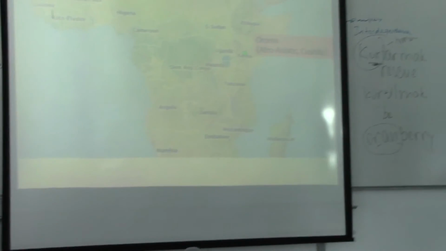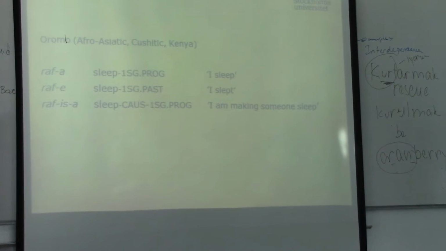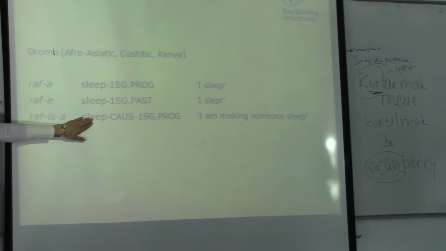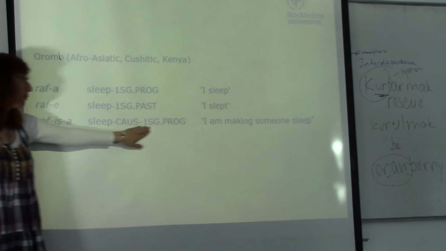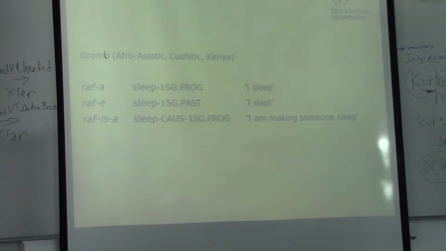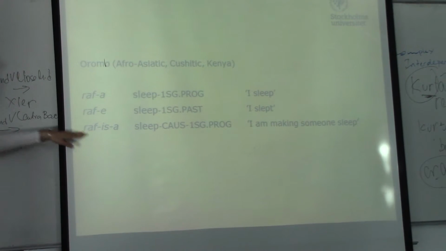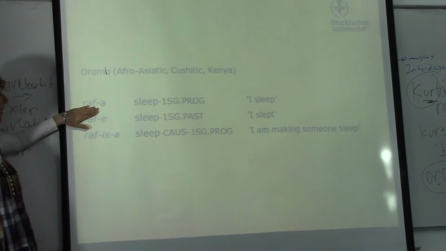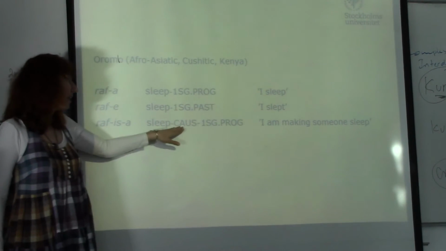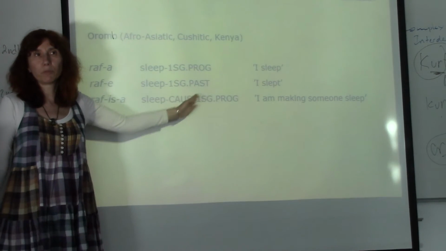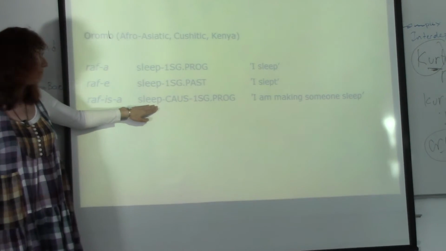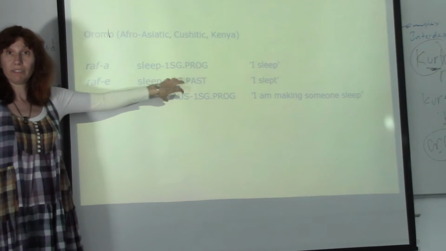We'll look at Oromo, which is a Cushitic language from Kenya, and just like in Turkish, causative is next to the stem, followed by the person, number and tense. So when the causative is there, the tenses and the numbers have to be there on a verb form. When the causative is there, it will push them to the periphery of a form. It will go close to the stem. So this is how we know.